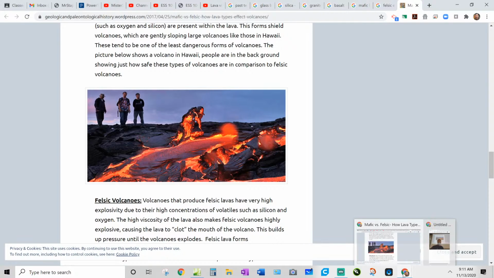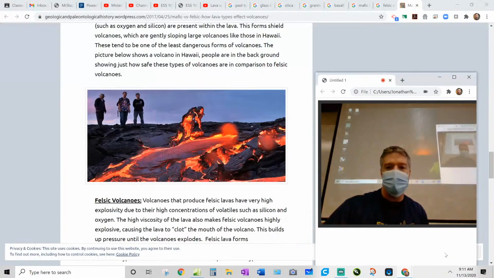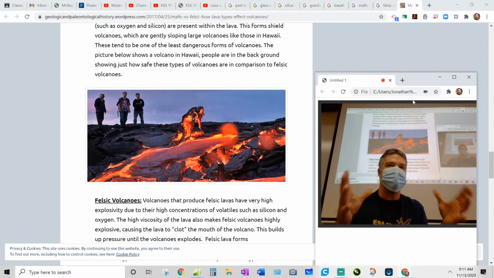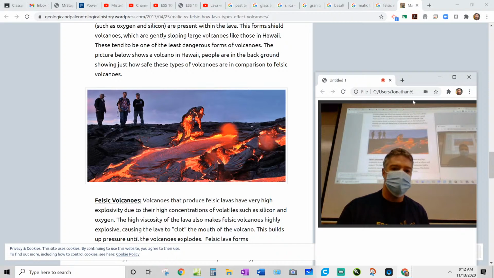So the dark, dense stuff is mafic. The word mafic, I don't really care about the word so much. That's just the word that ties together all these characteristics. So the word's useful from that standpoint. All right, so that was just